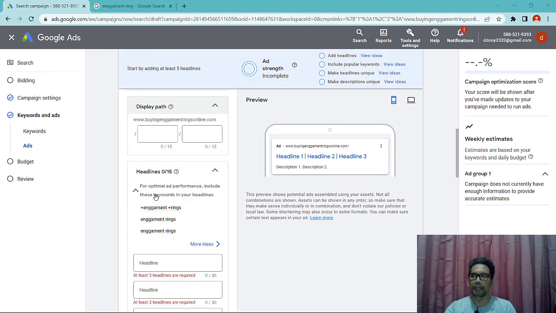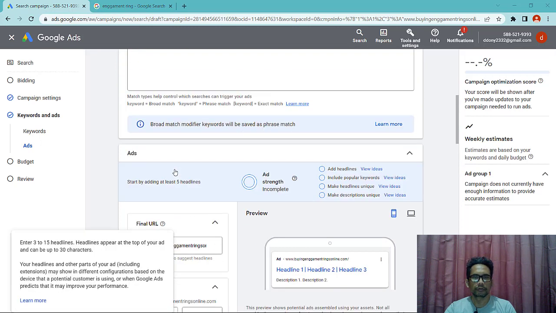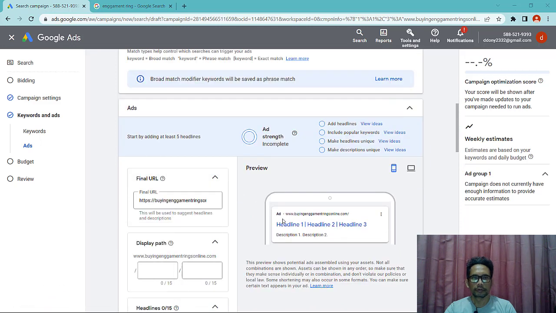You can also define a display URL. This is the URL that appears when the ads show. You can see the ad show, and Google will guide you at the bottom of the ads.